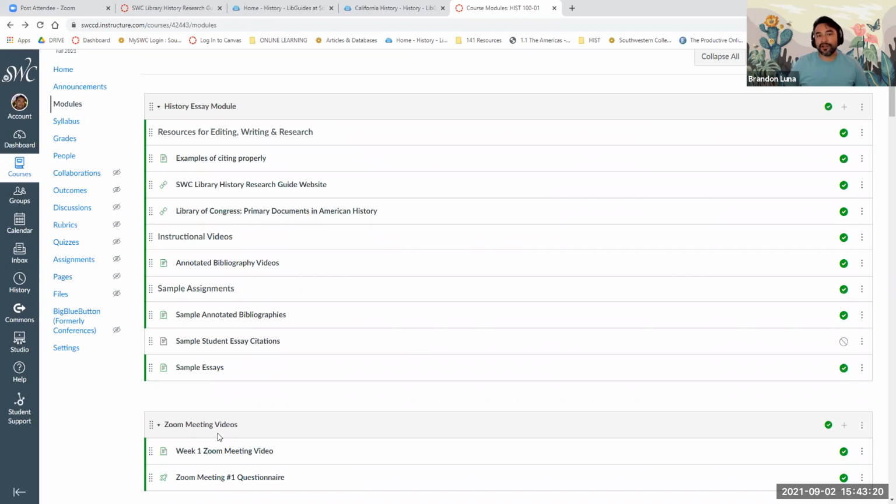So I want to make sure you have some information that you can reference, especially with the samples. The only one I haven't updated is the sample student essay citations, which I will be updating shortly. I do have a couple of examples, and I just need to edit them before I upload them. But this is a good start here.